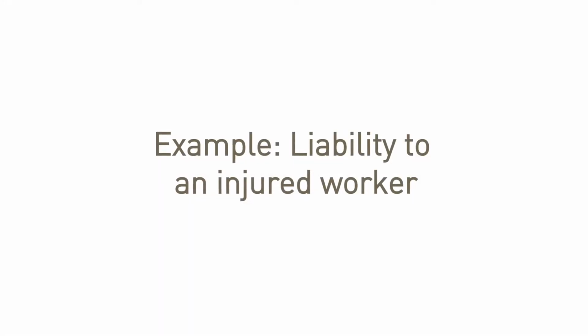For instance, if you take a carpentry company, it enters into a contract to undertake work for a building company. As part of that contract, the carpenter agrees to take on any liability of the builder in relation to injury to its own workers while on the worksite. Assume now that one of the carpenter's workers is in fact injured while on site, and that injury occurs because the builder fails to put in place safe scaffolding to keep the worksite safe. Obviously, the builder is at least partly liable for that injury. However, because the carpenter has agreed to indemnify the builder, the carpenter, and perhaps its insurer, will be completely liable for the claim. The risk has shifted from the principal to the contractor.